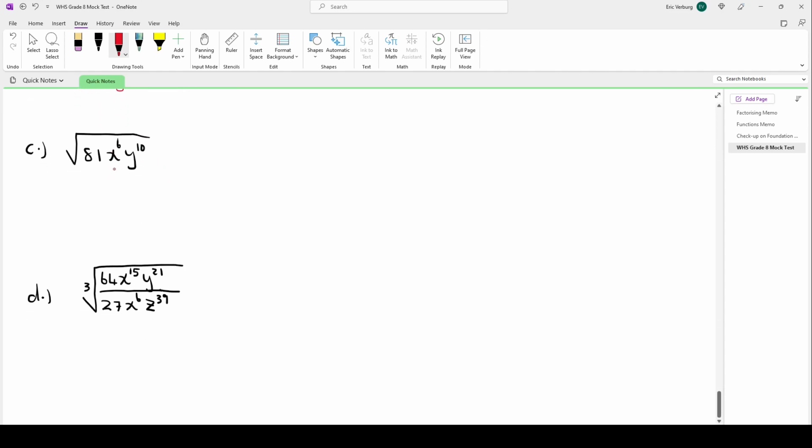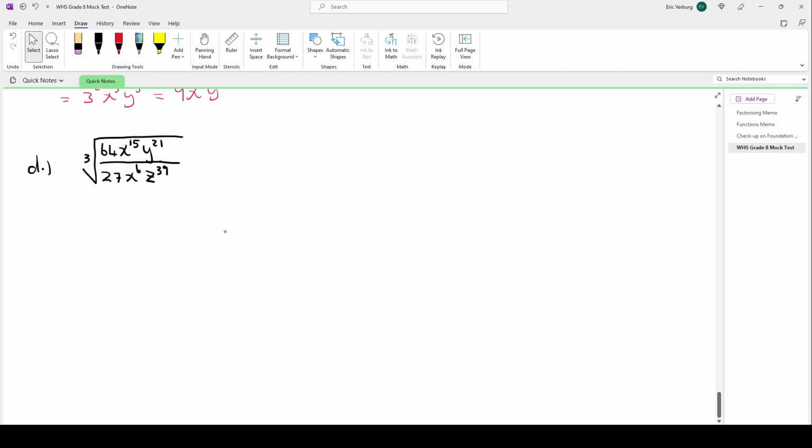Now the square root of 81x to the power 6y to the power 10. So again, we can prime factorize. Yeah, let's do the prime factorization method here. So square root, then 81 is 3 to the power 4. So we still have x to the power 6y to the power 10. And now we can say that's 3 to the power 4 divided by 2, x to the power 6 divided by 2, and y to the power 10 divided by 2. And that's our answer. I'm just going to write the 3 squared as a 9. So 9x to the power 3, y to the power 5. And the last